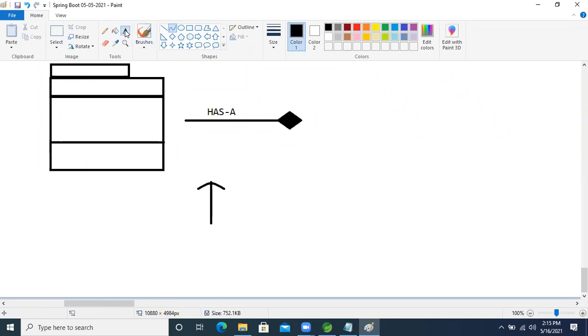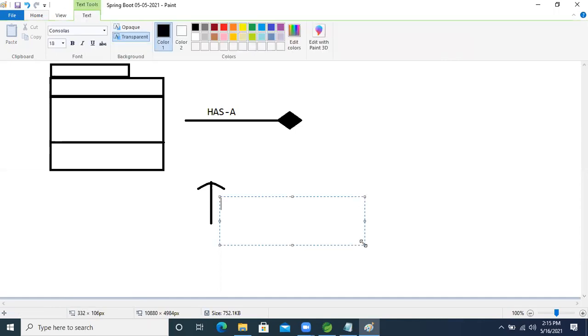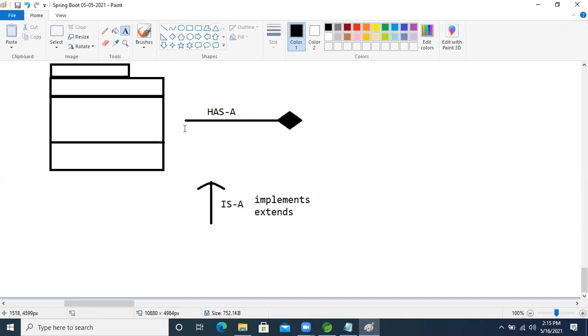This symbol will represent the is a relation, meaning the implements or extends keyword.